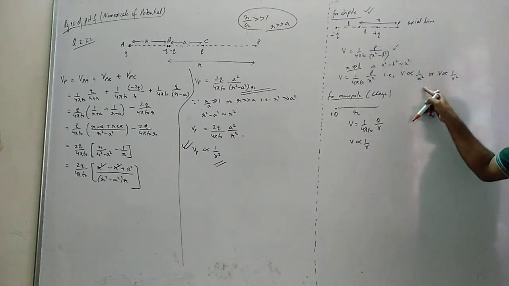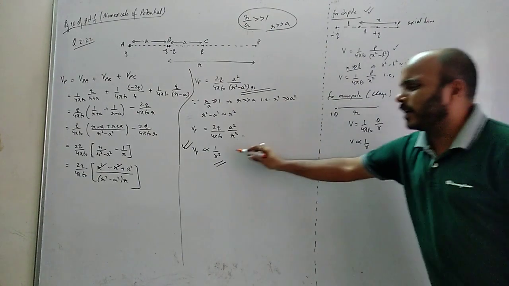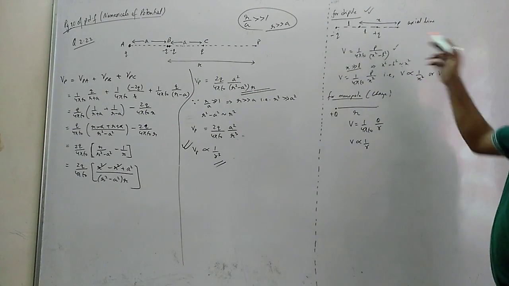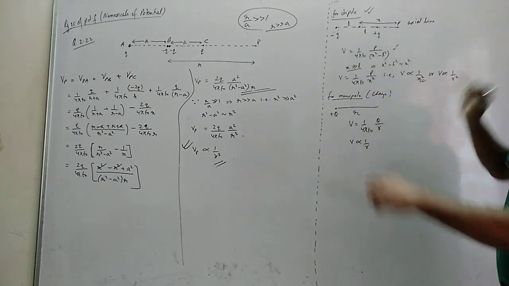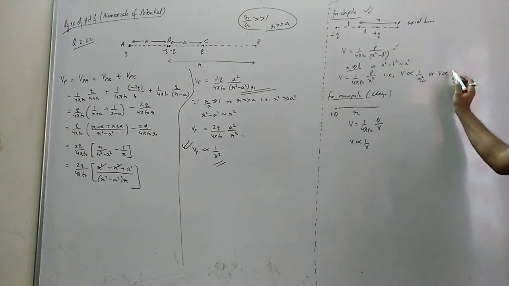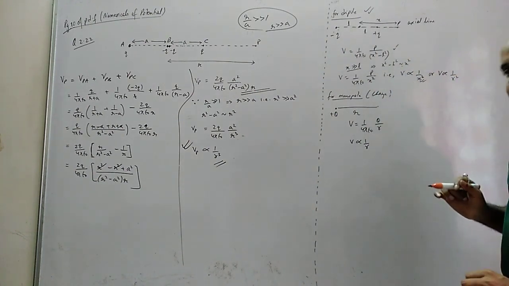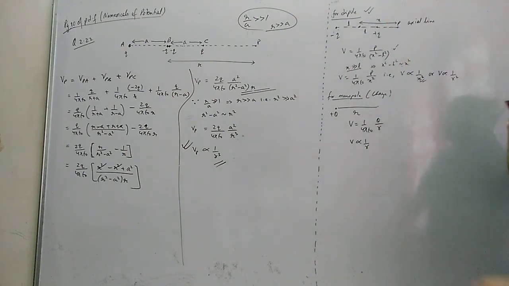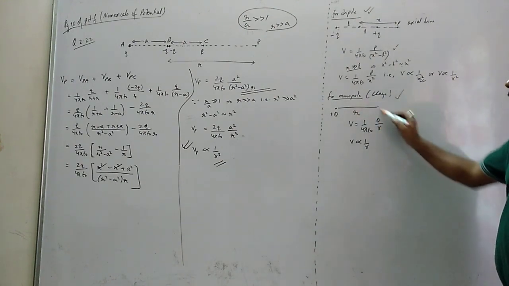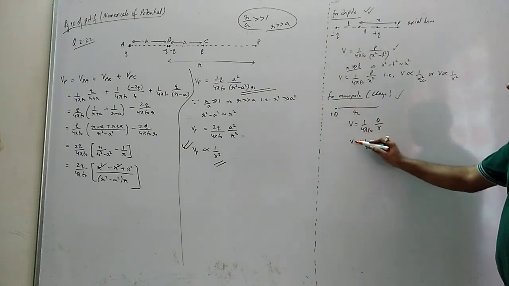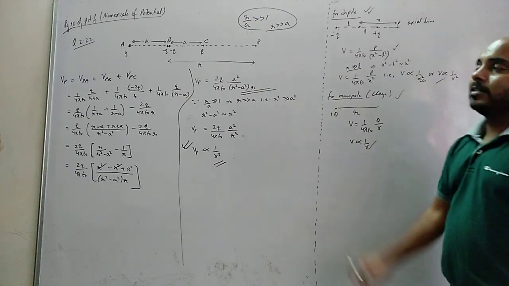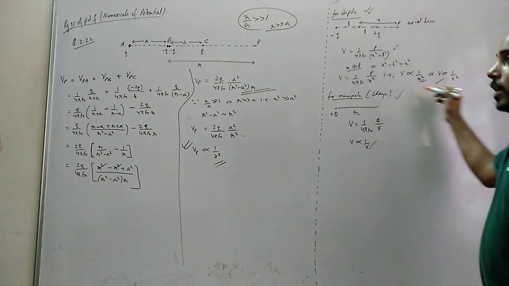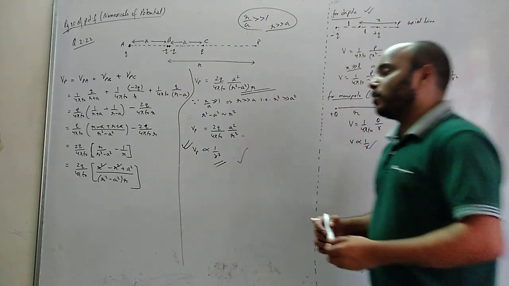Here I have distance as x. You may consider it as R also because I want to make it like terms. Here the distance is R from the center of the quadrupole, so here also I want to write in R. So we are getting R square. Now, if you don't remember all these things, and remember only this much, then also the job is done. You don't have to write all those things. For a dipole, potential is inversely proportional to R square. This much you write, that is correct. Now for a monopole, we know it is inversely proportional to R. So this is the comparison. In a monopole, it is inversely proportional to R. In a dipole, it is inversely proportional to R square. But in a quadrupole, it is inversely proportional to R cube.